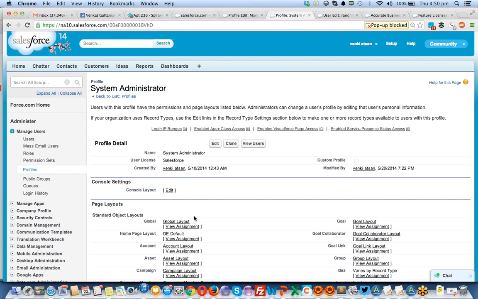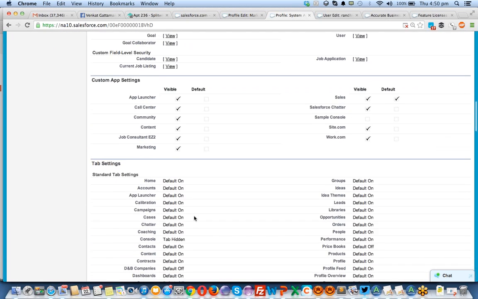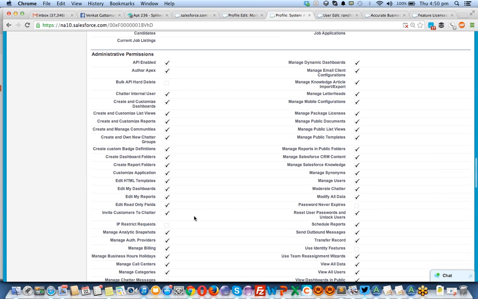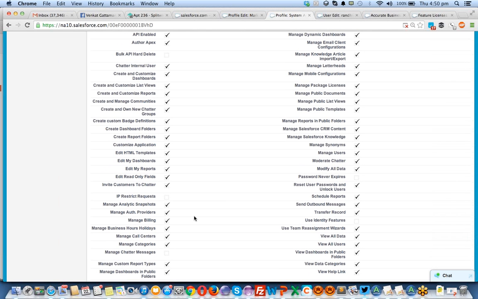So if I go here, let's scroll down. See, this is admin, so this is the administrative permissions. I see all the check marks here, right? Because this guy can see most of the things are enabled and very few things are not enabled,